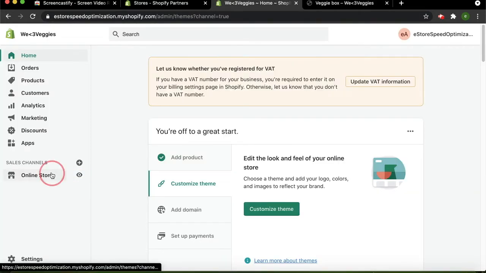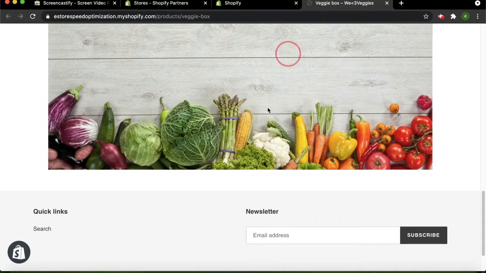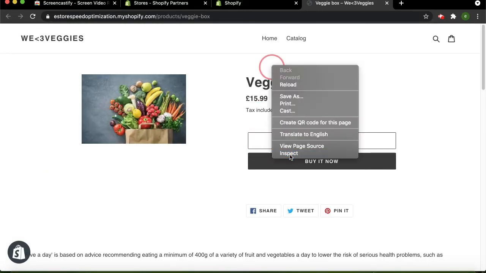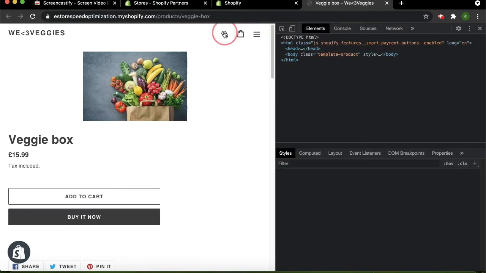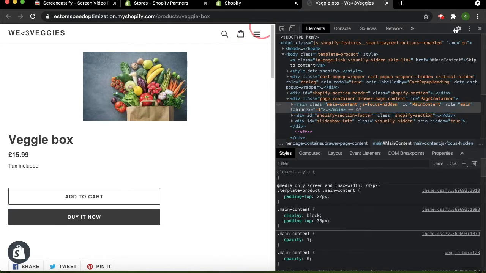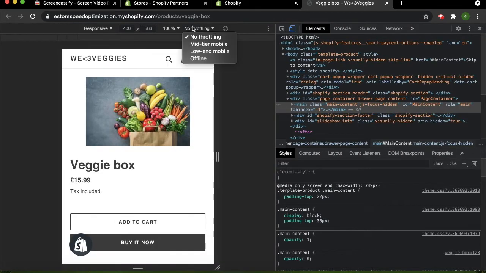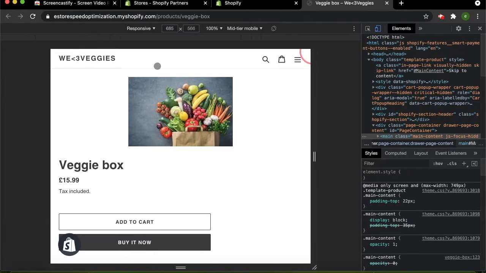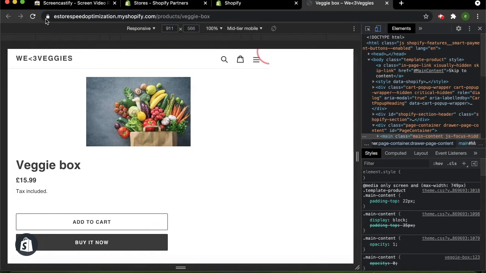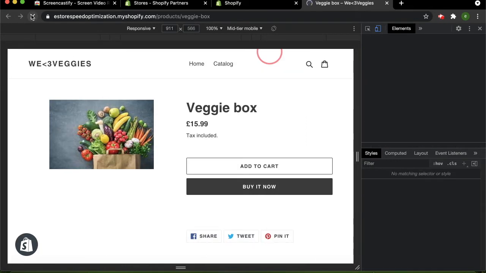So let me first use the inspect tool to throttle the internet connection. I'm going to make this a mid-tier mobile, so the internet speed is like a mobile internet speed essentially. And then if I reload the page,